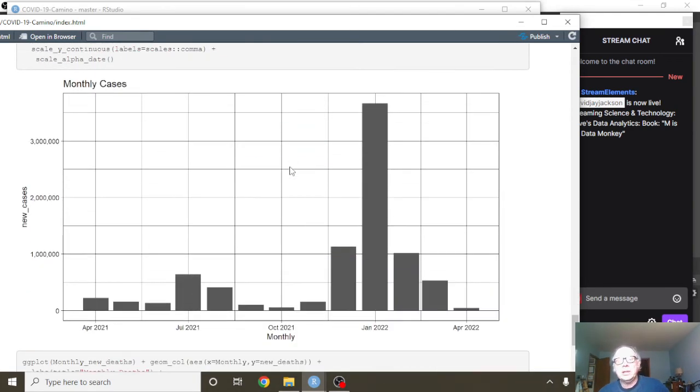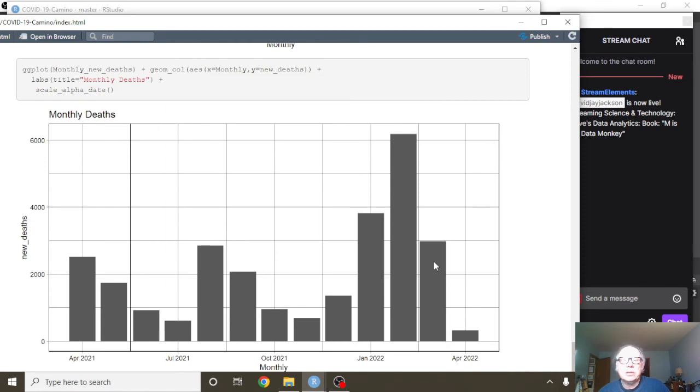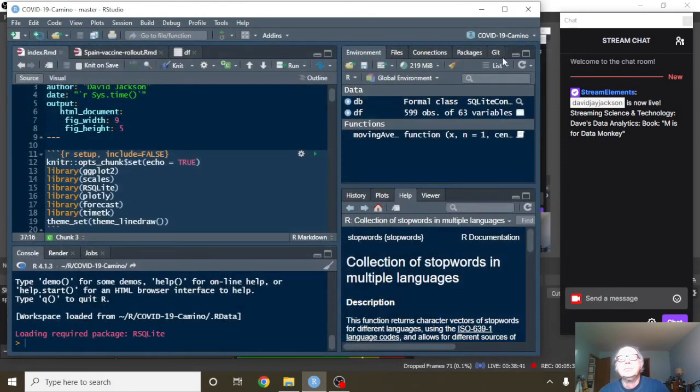What about monthly cases? Well, you can see that March's cases were lower than the previous 3 months. And March's deaths were lower than the previous 2 months, but higher than these numbers over here. Unfortunately, March's deaths were higher than all these other numbers back over here. So that concludes the report for Spain for today.